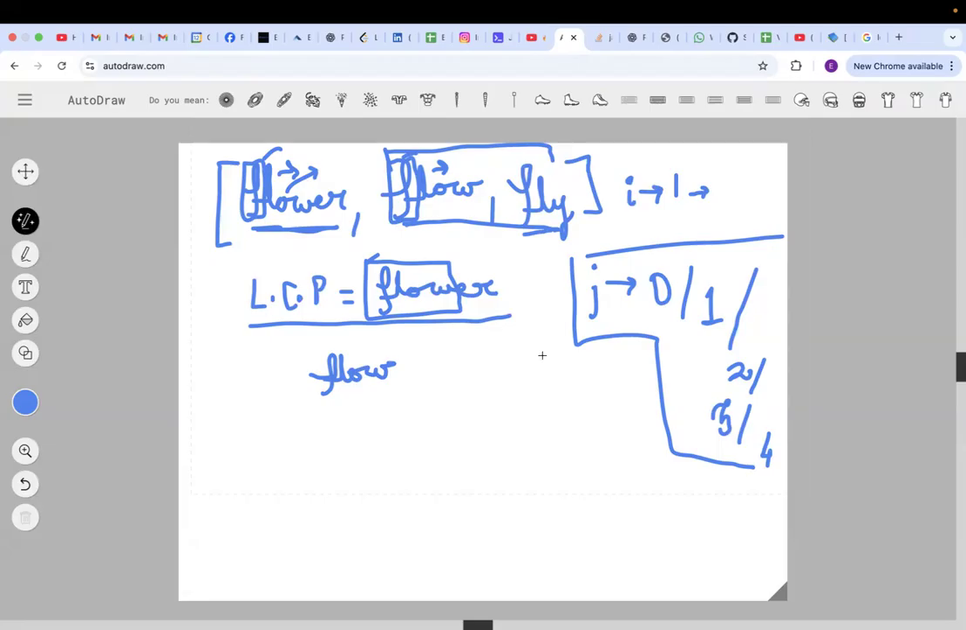Again I put my j back to 0 and I move to the next string in this particular string array, which is fly. Reset my j counter to 0. Now my longest common prefix is flow. Again, F and F match, so my j becomes 1. L and L match, fantastic, so my j becomes 2. Now O and Y don't match. So again, I take the substring from 0 to 2 minus 1. So if I take 0 comma j, then it will give me, sorry,